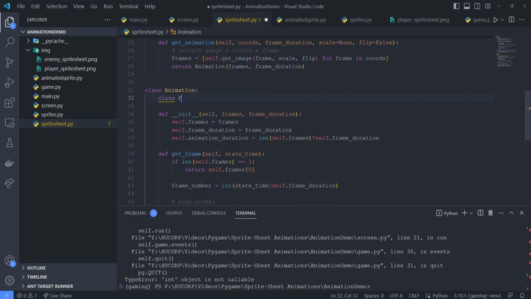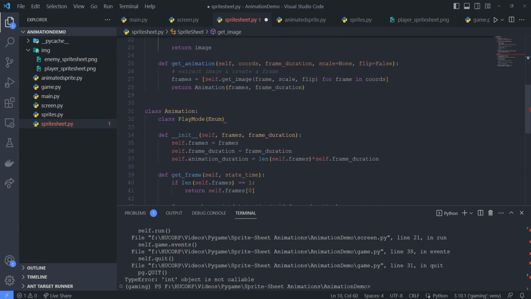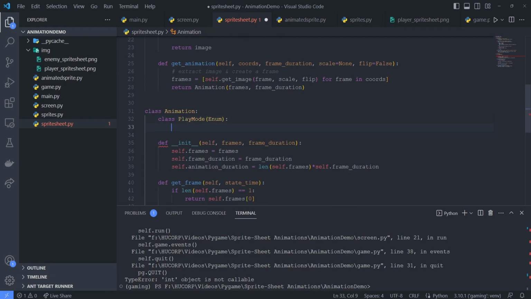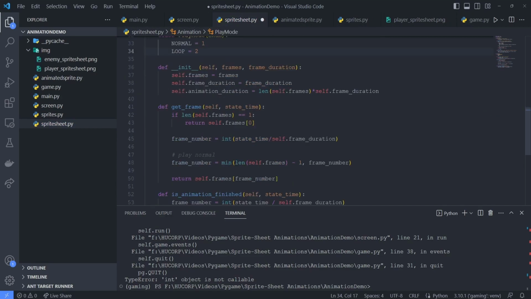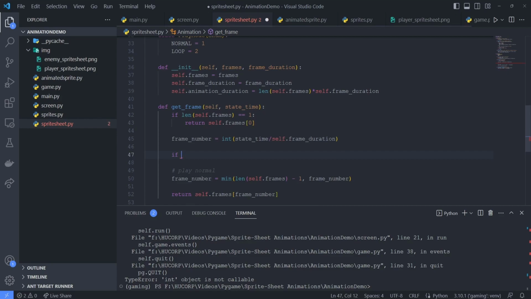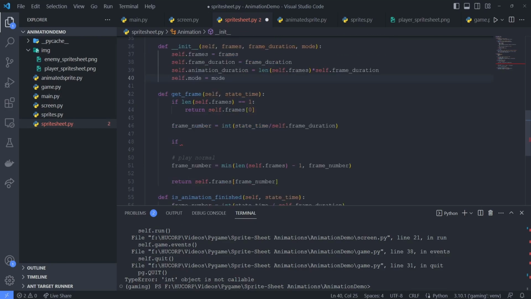So within our animation class, I'll create an enum object called PlayMode, and I'll need to inherit Python's enum library. Within this enum, we'll define two options, normal and looping. So say normal is equal to 1 and looping is equal to 2. And then within our getFrame method now, we need to make some changes. So if our play mode is normal, actually I don't have the mode saved here, so I'll go into the constructor and add mode. And then if self.mode is equal to PlayMode.normal,